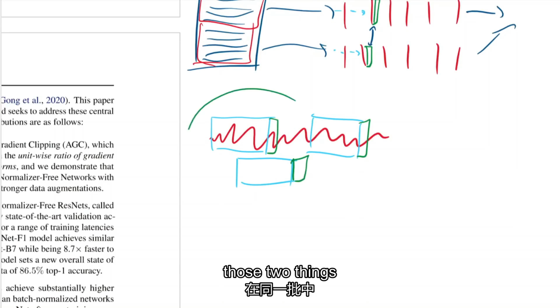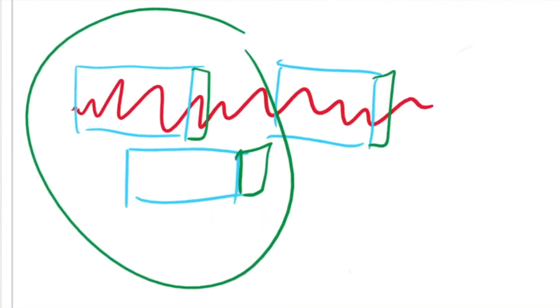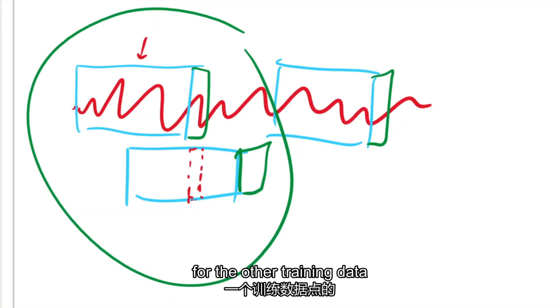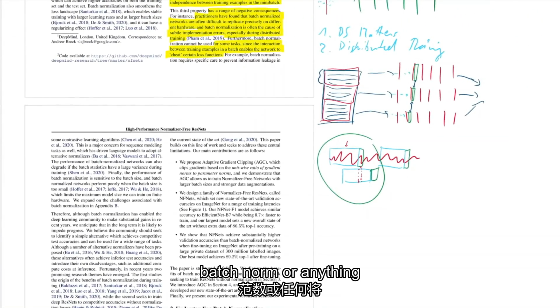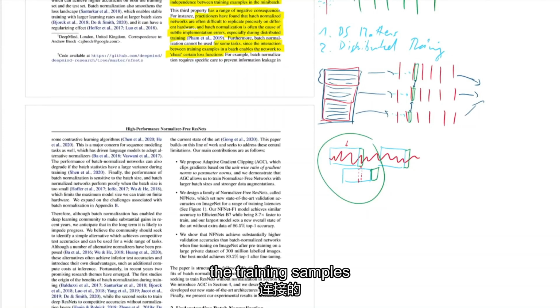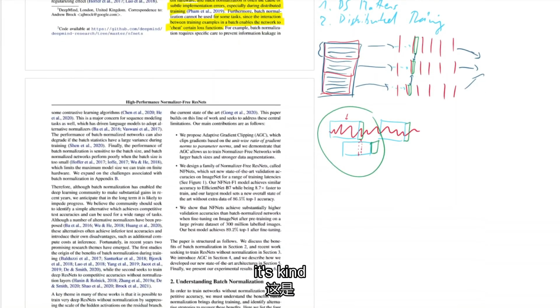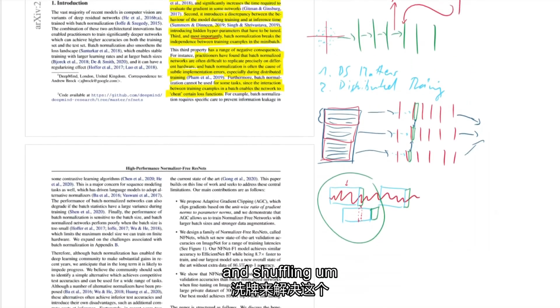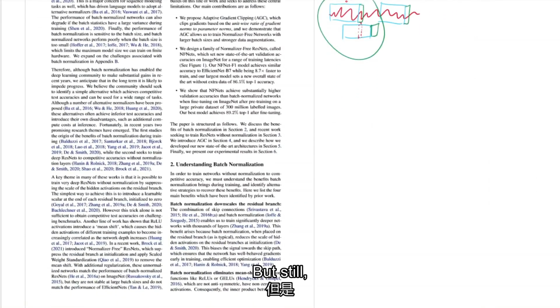Now, imagine you have those two things in the same batch. Then technically, by means of the batch statistic aggregation, information can actually flow, because this here technically is part of the input of one training data point, but it's the label for the other training data point. So there can be information leakage in that. So you shouldn't use batch norm or anything that connects the training samples to each other in these particular cases. It's kind of an edge case, and you can probably get around it by just having a big data set and shuffling a lot. But still,